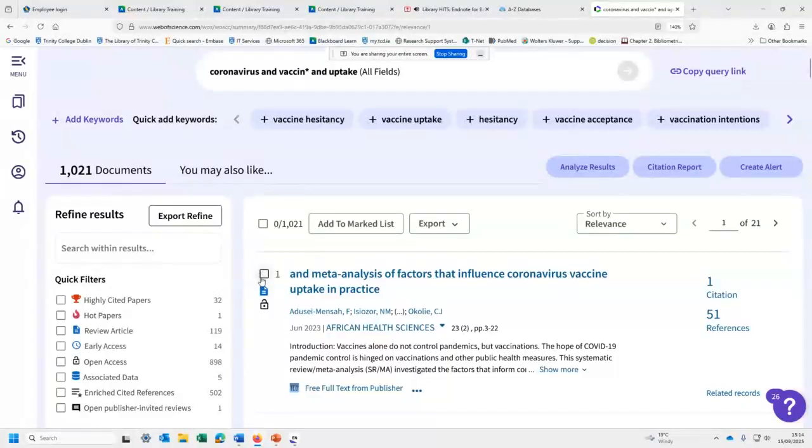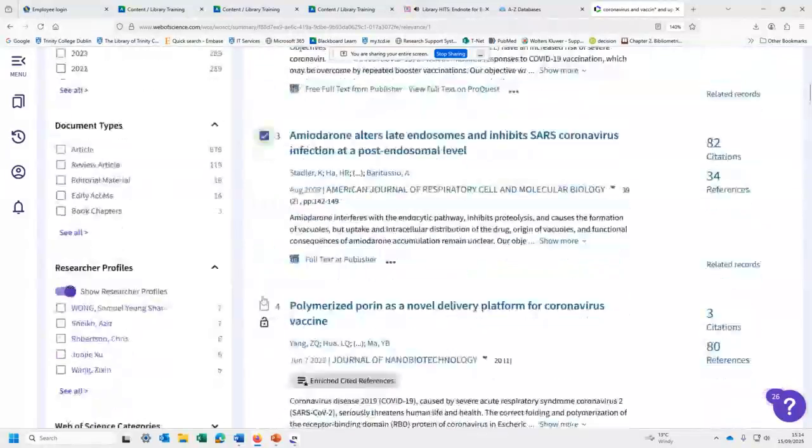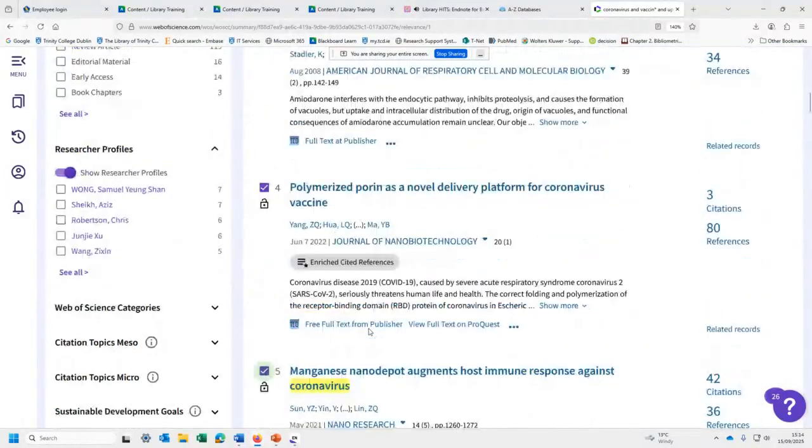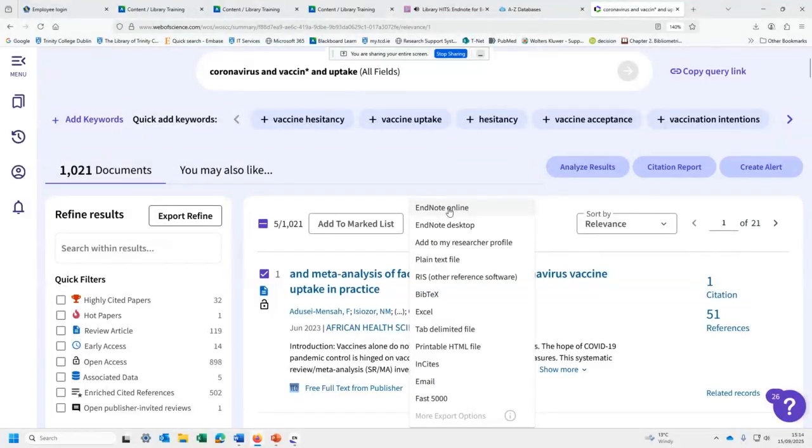So for the sake of this session, I'm just going to tick some boxes. Okay, so I'm going to select 1, 2, 3, 4, and 5. So I'm taking the first 5 references here. Now, the standard thing with EndNote is you run the search, you get your results, you indicate which results you need or want, and then you need to connect to EndNote to bring those studies in. Generally, what you're looking for is an export or a download option. Okay, and it generally appears just above the result list, and you can see it there, export. So when I click on export, it says, where do you want to bring them?